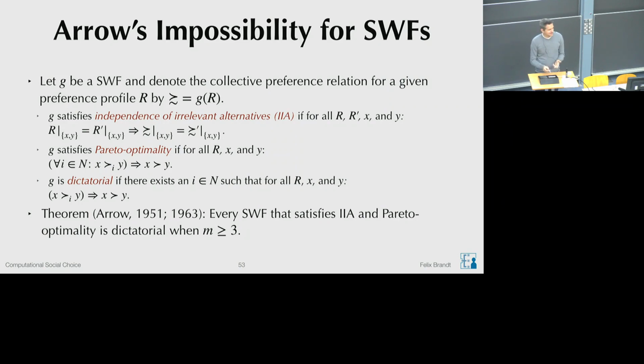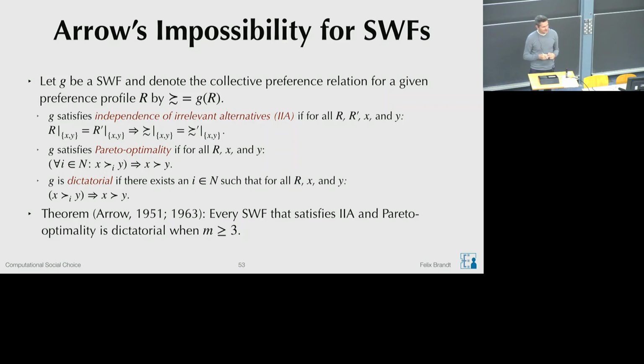Because I rephrased it here, you could also say there is no social welfare function that satisfies IIA, Pareto optimality, and non-dictatorship. But alternatively, and I think this is a phrasing that makes it sound a little bit more appealing, every function that satisfies these two desirable conditions has to be dictatorial. If it's phrased like this, you can think of it as a complete characterization of dictatorships, right? Dictatorships are classes of social welfare functions where the strict preference of the dictator is inherited to the collective preference relation. And here we are showing that these are the only functions that satisfy